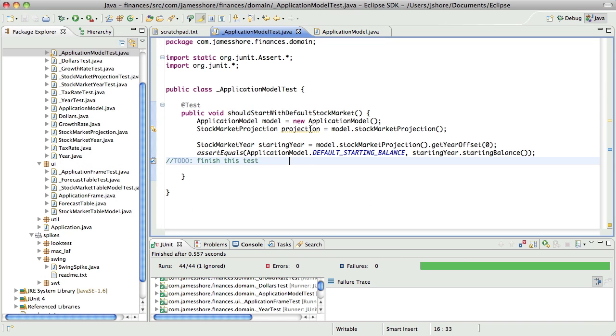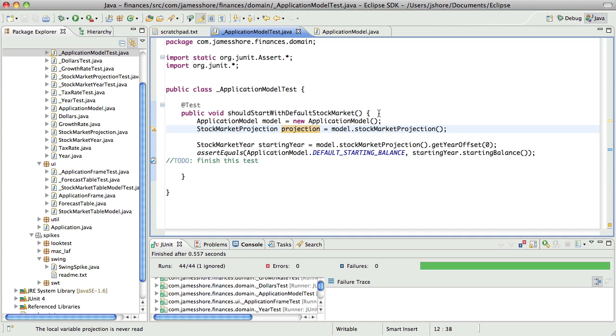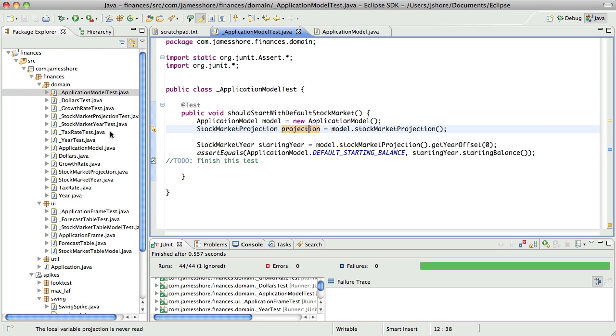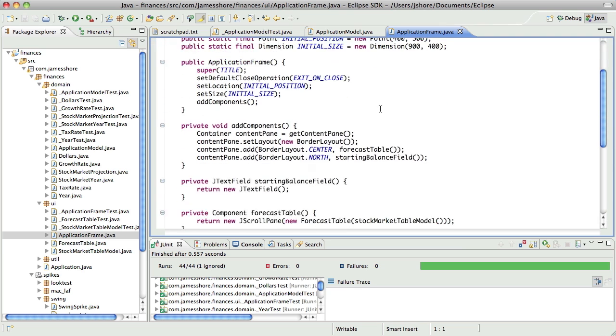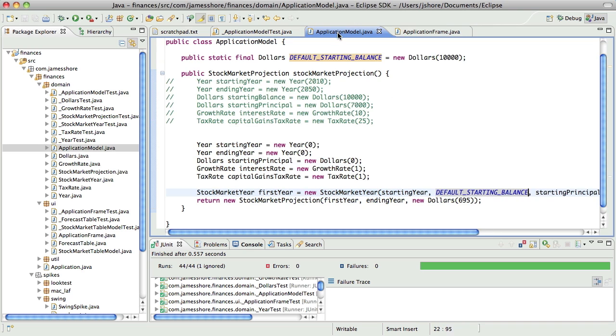But I think the ultimate goal was to refactor application frame to use application model, to have this application model be the runtime backing store of the UI. So basically the model for the UI. Right now we have the stock market, but what we want to do is ask the application model for that stock market.